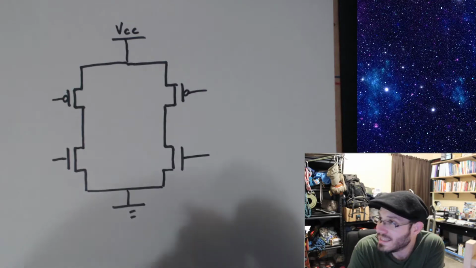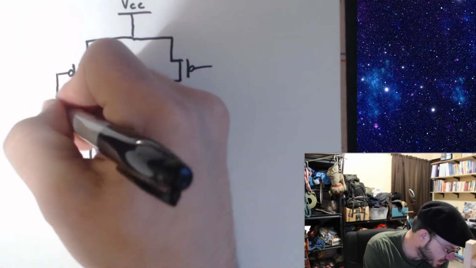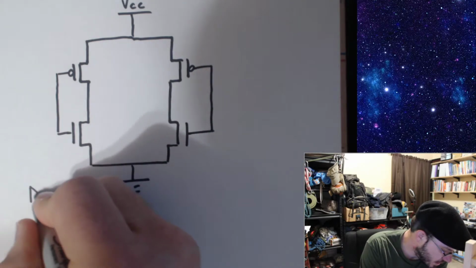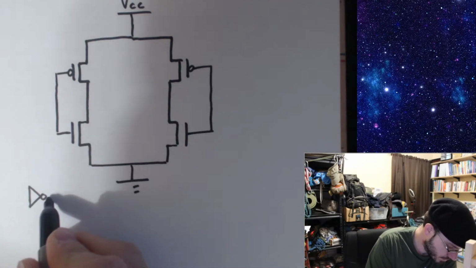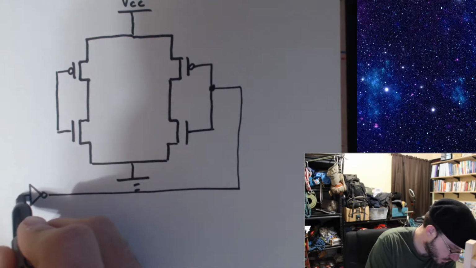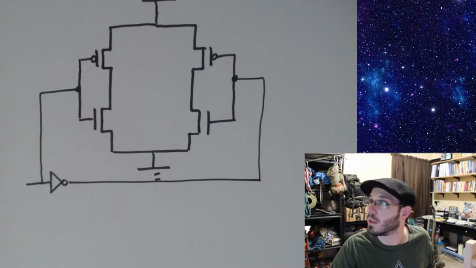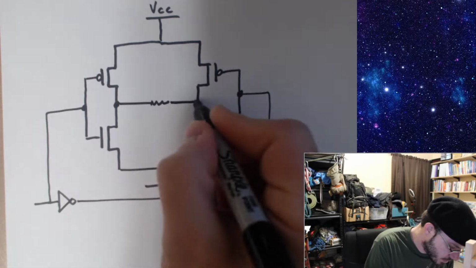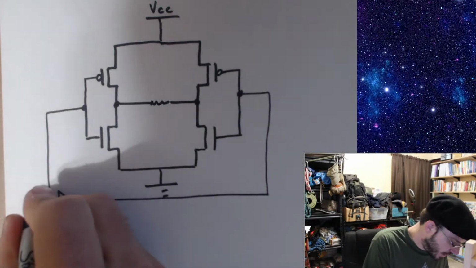Now, if I want one signal to change everything, what I'm going to do is tie these two together, and I'm going to tie these two together, and then I'm going to give myself an inverter down here. And now watch what happens. When I have 5 volts here,